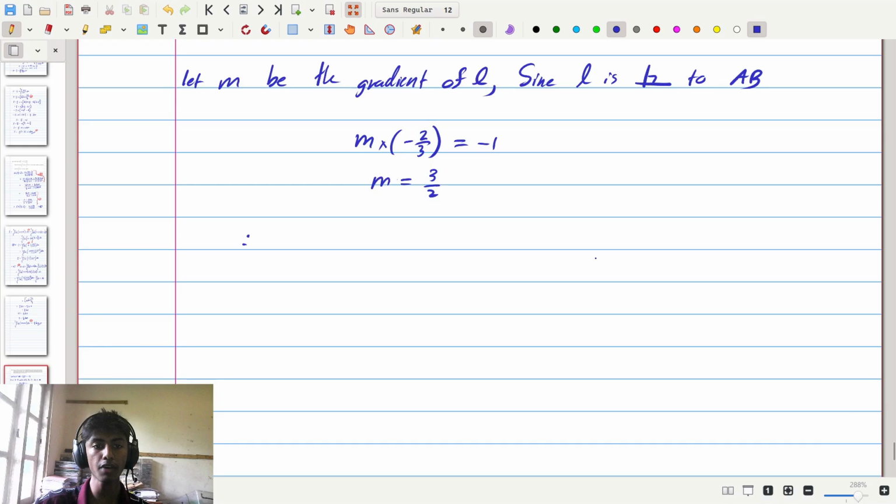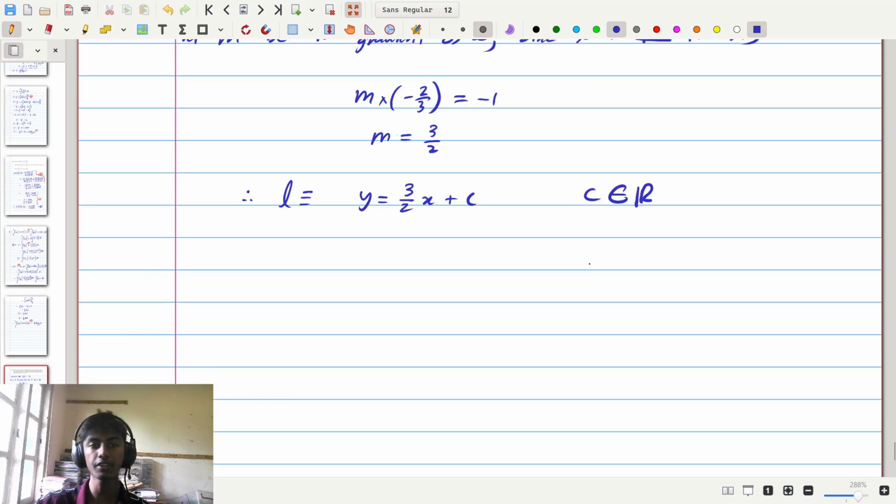Now from this we can say, therefore, the line L in gradient-intercept form can be written as y equals mx plus c, or y equals 3 over 2 x plus c, where c is some element of the real numbers. We don't know what c is yet, but we'll just say c is some real number. Now rearranging, if we multiply both sides by 2, we get 2y equals 3x plus 2c. And taking a little more rearrangement, if we take the 2y to this side and the 2c to this side, we get 3x minus 2y equals minus